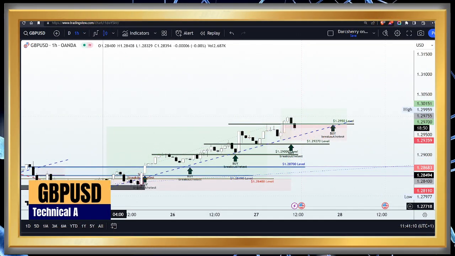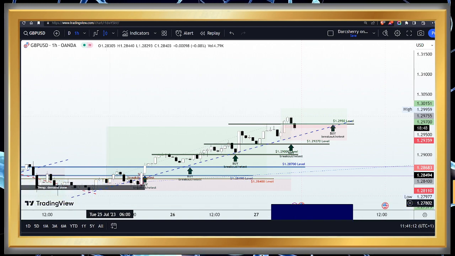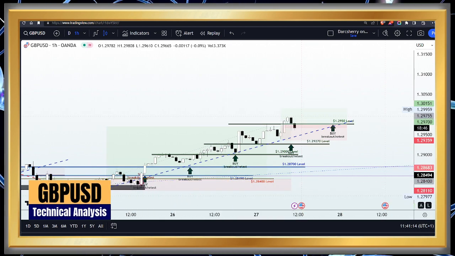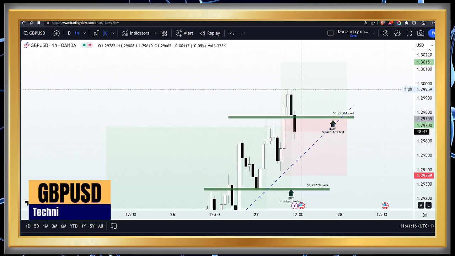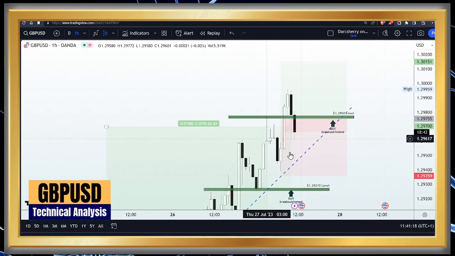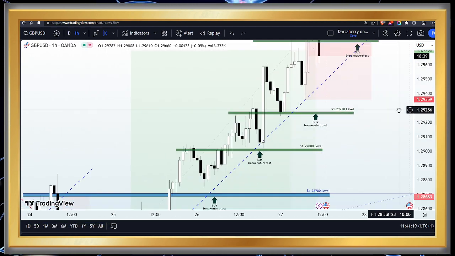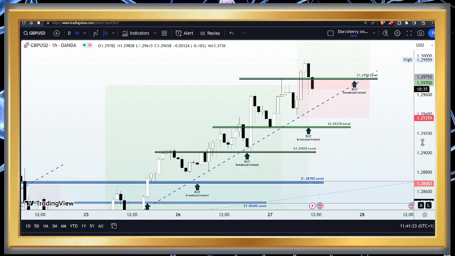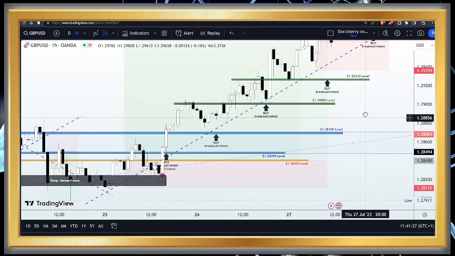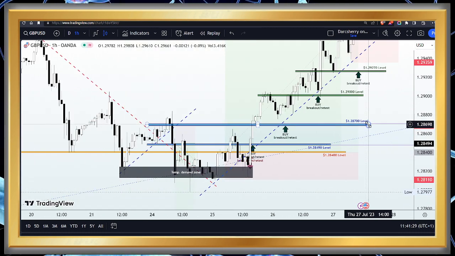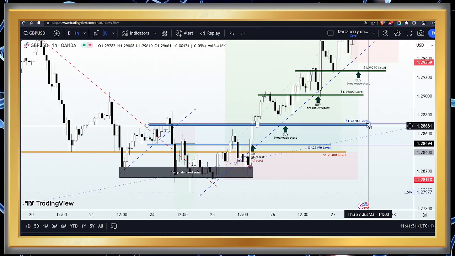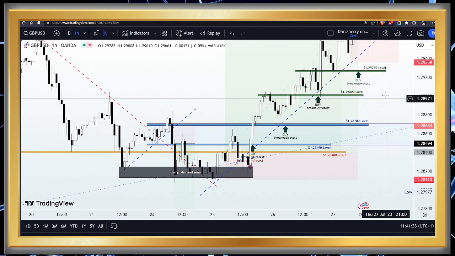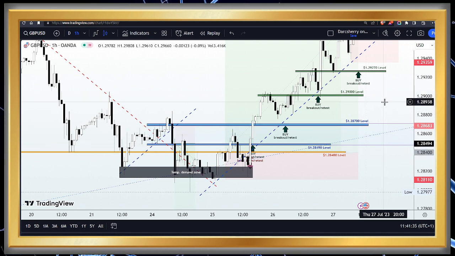So the next instrument on our watch list for today is the GBPUSD. Finally, this morning, I was able to hit my TP target at the 1.29700 level with over 5 positions running, giving us over 300 pips in profit on that single move. So we have been buying the GBPUSD, and for those who are part of this profitable journey, well done to